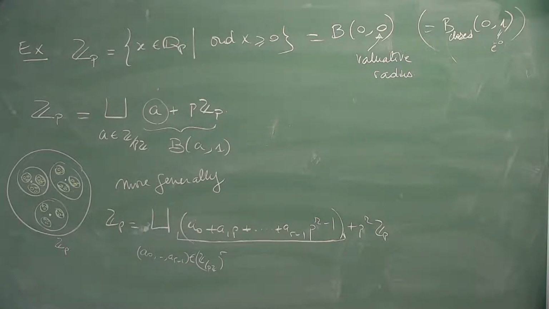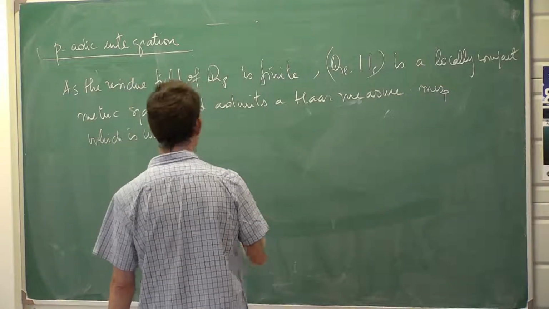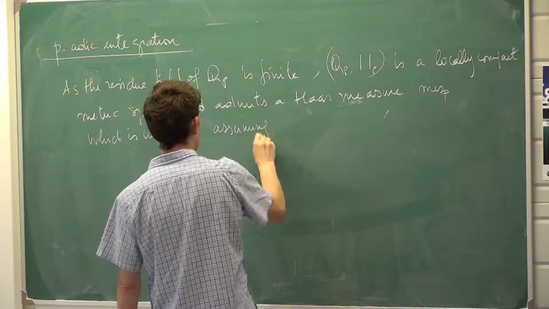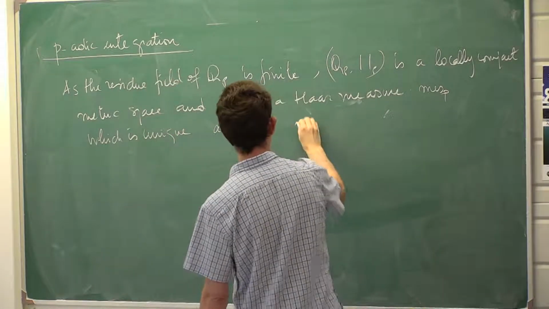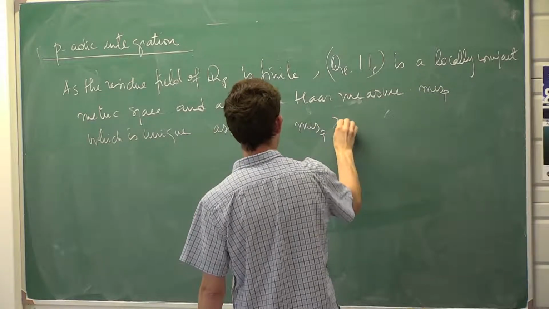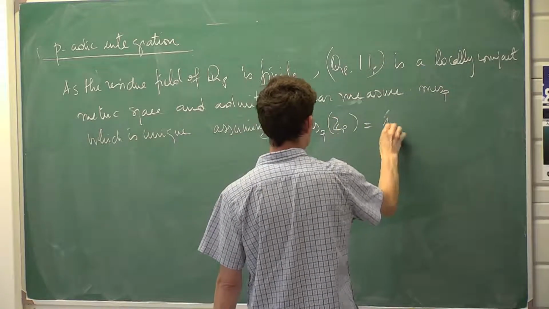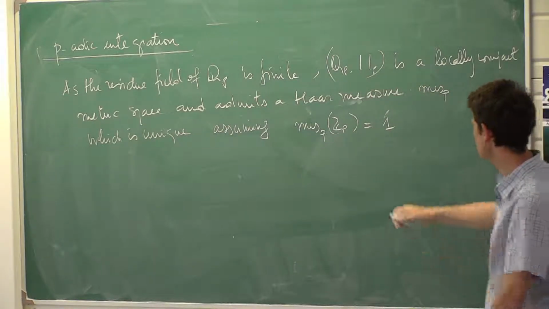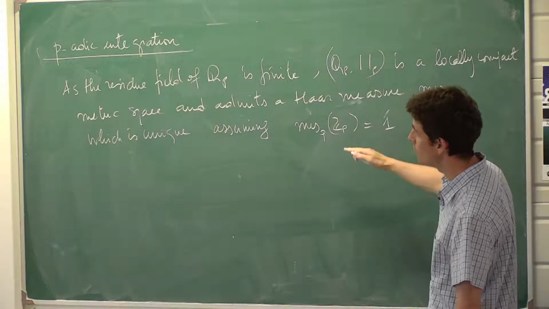Okay, and I will denote this measure by mu_p, which is unique assuming that the volume of Z_p is 1. So you have a normalization factor, and I fix it imposing that the measure of the